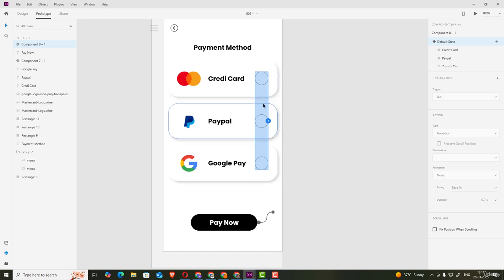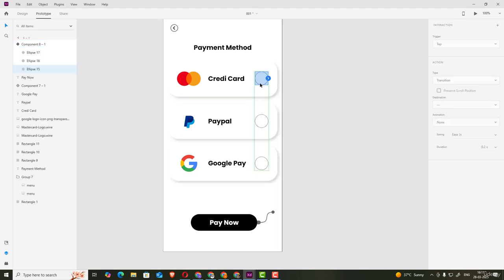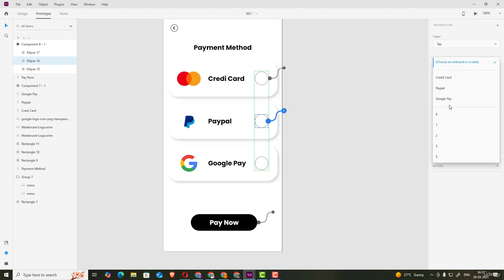First we need to click this one, the credit card, and Control-click on this circle, and we get the arrow mark. If you double click here, we can see we can use the trigger as tap and transition type as transition, and the destination we need to use is the credit card. Now let's click this one, and over here the same: the transition, the tap, and the destination we need to give it to the